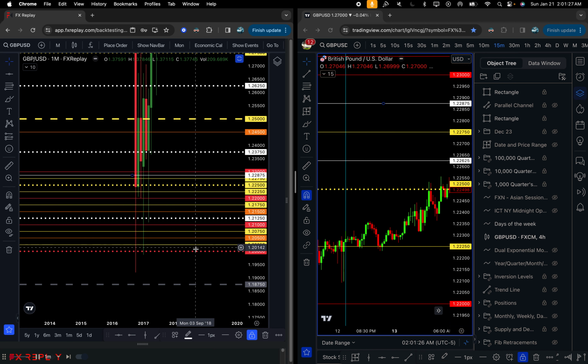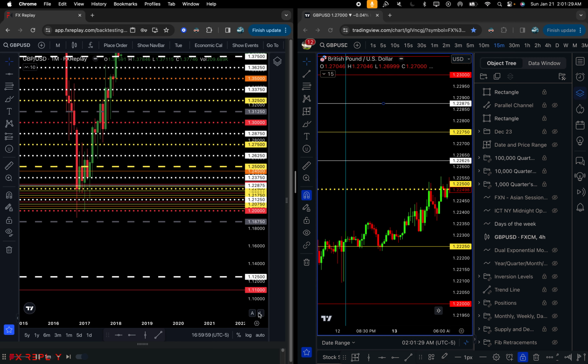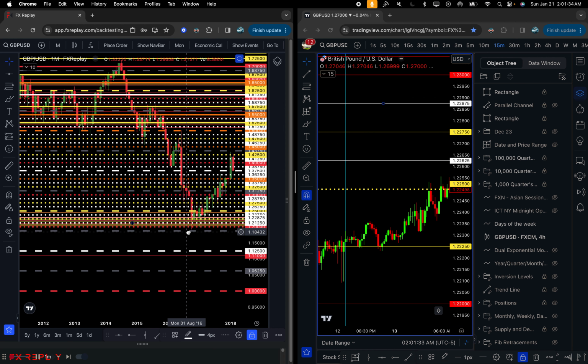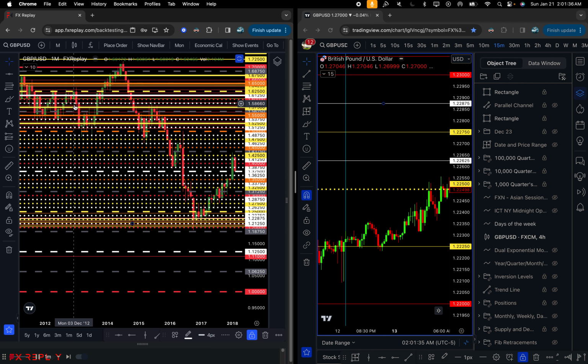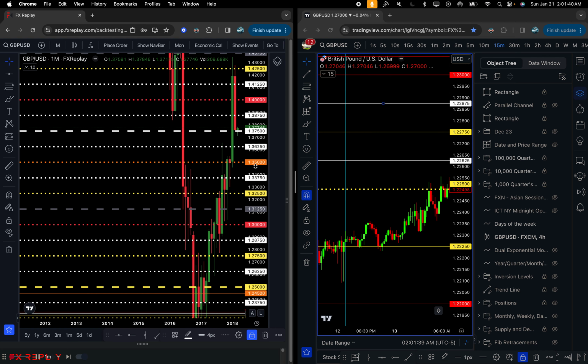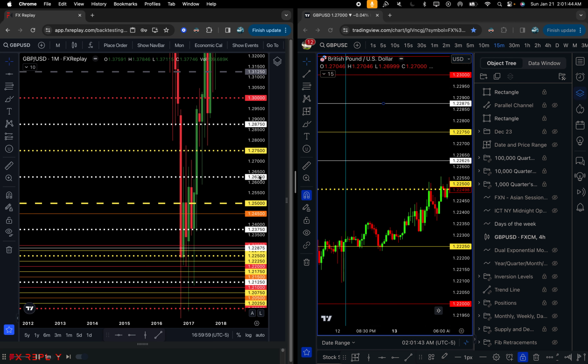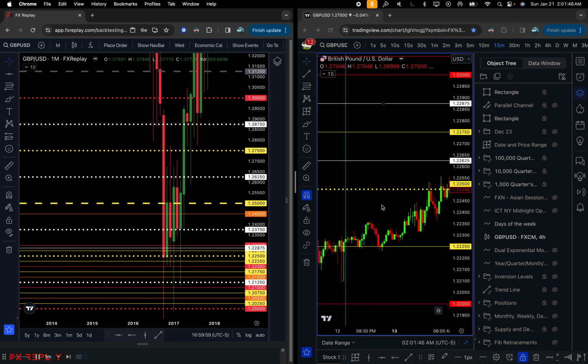If price had spent more time there, like in an area where price spends more time, like a consolidation, especially right here and here, that's where it's going to benefit you more to have, especially for backtesting, these white levels. Now, if you're trading for real, in real time, yeah, you need these white levels. Okay, but